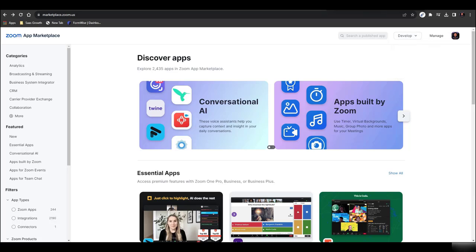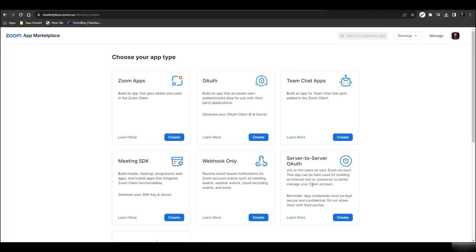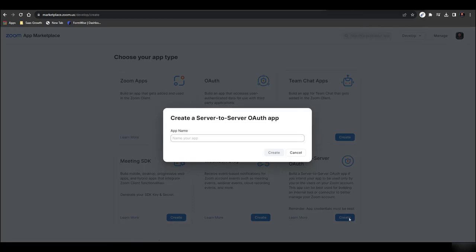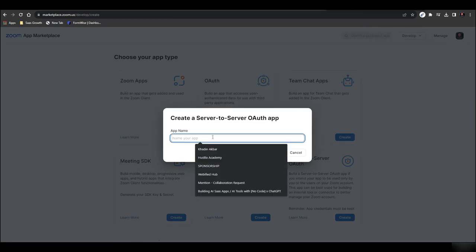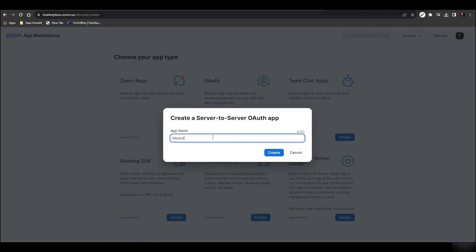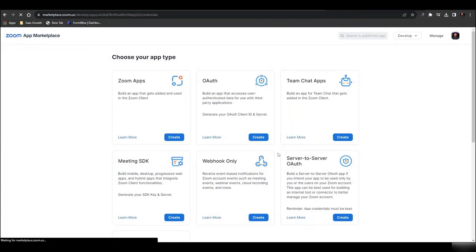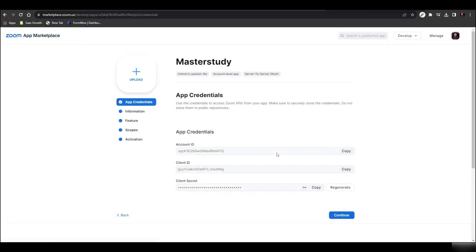So how do we do it? To do that, we'll just go to develop and build an app, and now we need server to server auth credentials. So I'll go to server to server auth credentials, and here I'll name it Master Study. After doing this, I'll hit create, and those credentials would be created, and I just have to copy and paste those credentials. This is the account ID,